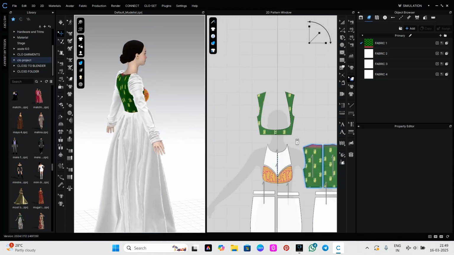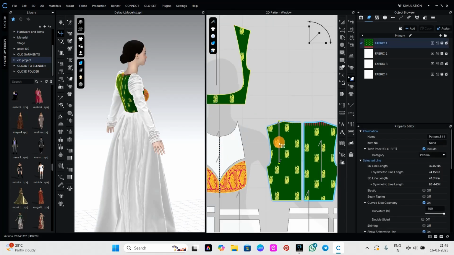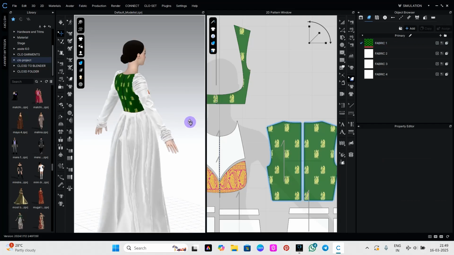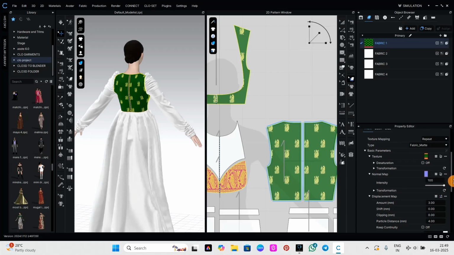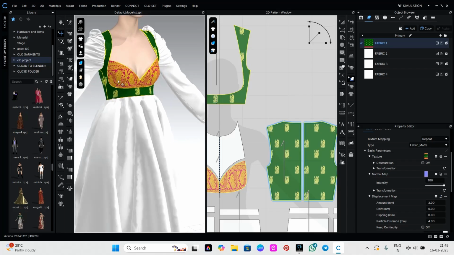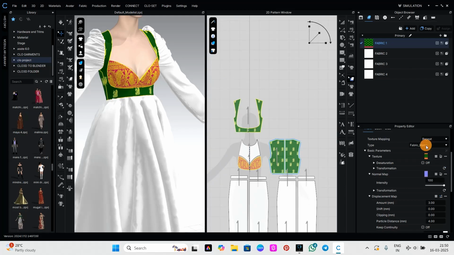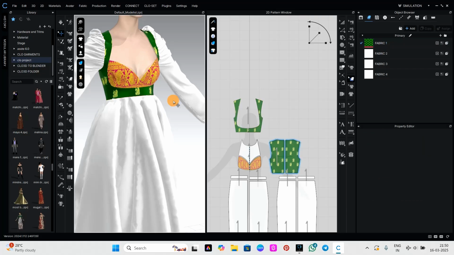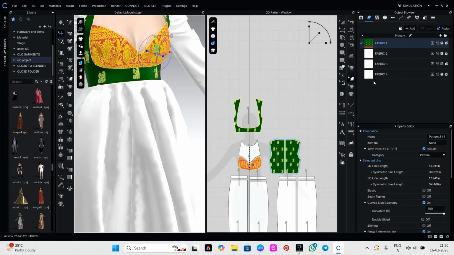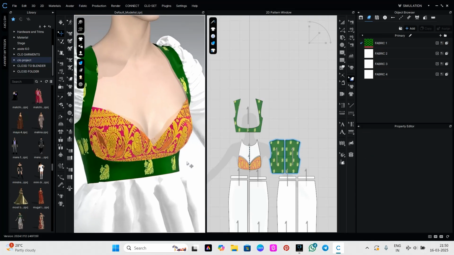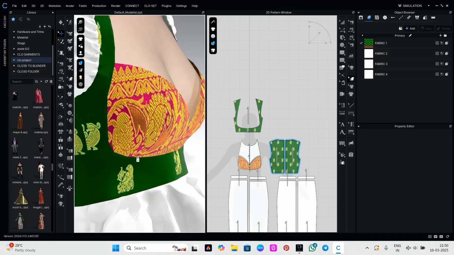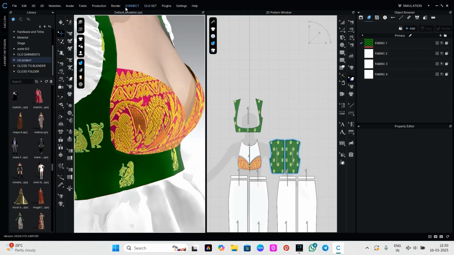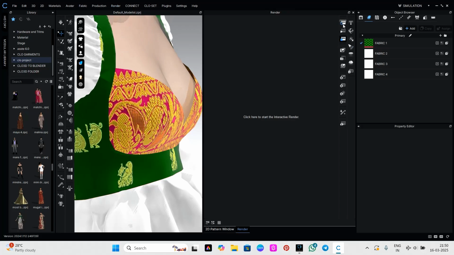It depends on how you adjust your print. So, for example, in this case, I don't have a normal map. What does the normal map do? And I'm changing this thing to silky satin. Okay, we have that texture. Now you can see there is some rays in this print, right? Now when you use the render window,